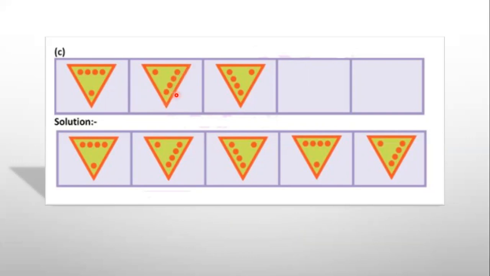In the next 1/3 turn of 120-degree, from here it will be coming to this position. Now this one easily you can say, and in the next turn, this design will be coming on the top here, right? See here. And in the next turn, from the top it will come into this side. So these three figures are given in the question, and from here it will be coming to the top in the fourth figure, and again it will be coming to this side in the next figure. So here the rule is 1/3 turn, a turn of 120-degree.